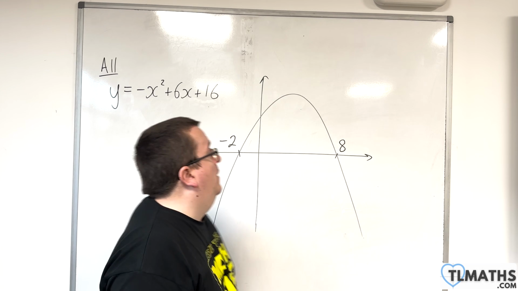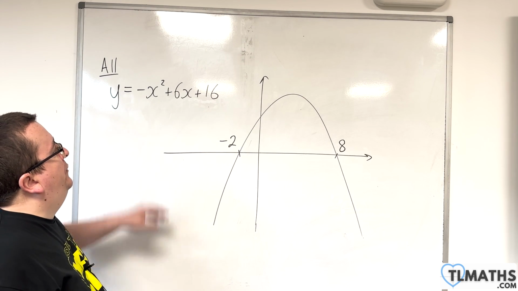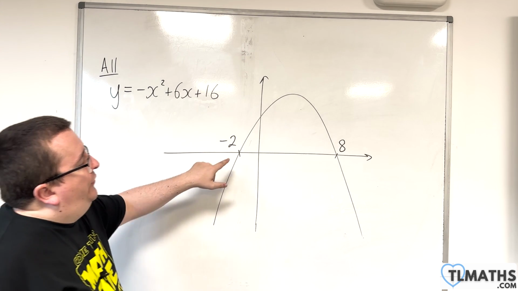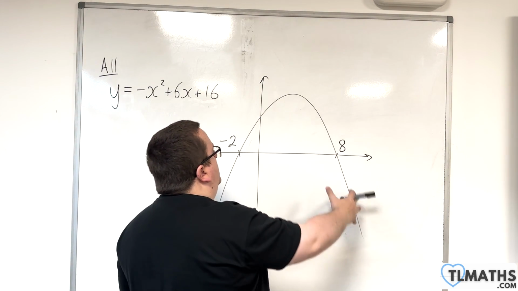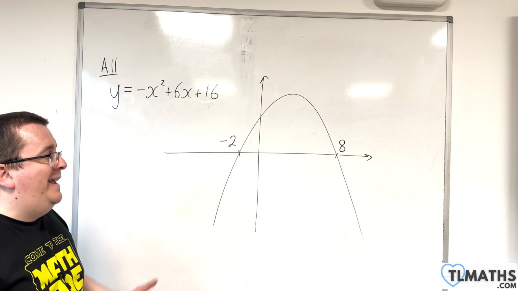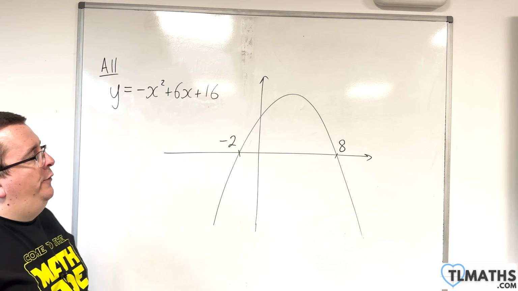In this example, we're going to be taking a look at y equals minus x squared plus 6x plus 16. I've already sketched part of it, so we've got the curve, we've got minus 2 and 8 as the roots, the x-intercepts. Now, if you want to know where those values come from,